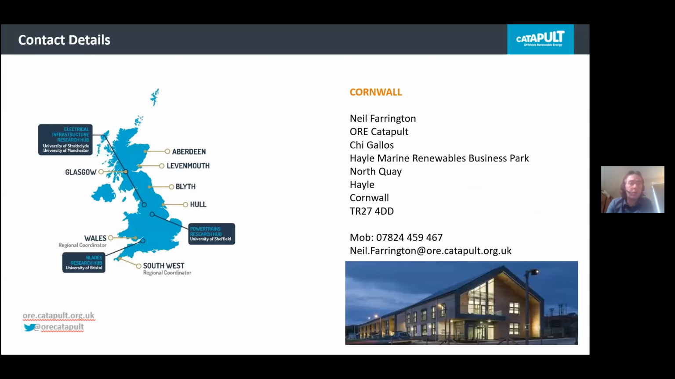Finally, I just pop my contact details up there. So again, I'll generally be coordinating the event. If anyone wants to come back to us afterwards for more details, discussions, or to talk about project collaboration opportunities, please get in touch. So I'm now going to pass over to Tom Wildsmith from the Offshore Renewable Energy Catapult